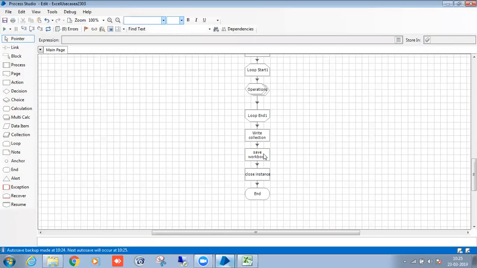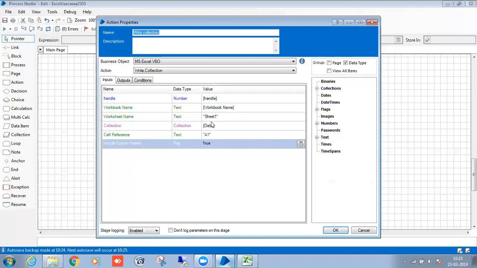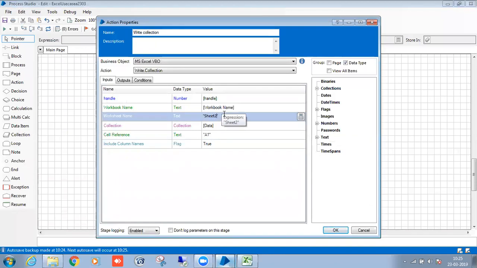Sheet 2 means the file collection. Here I will give the sheet. That's it.